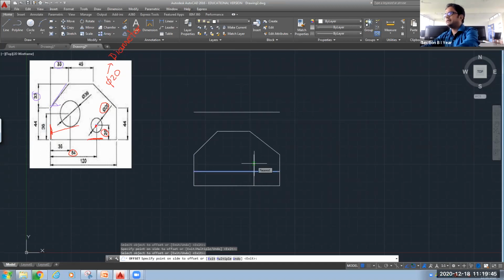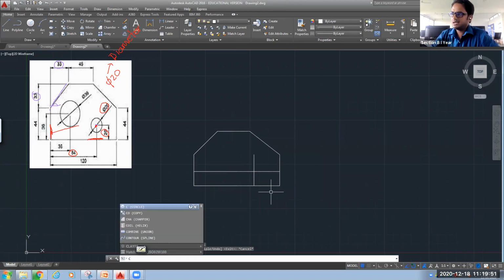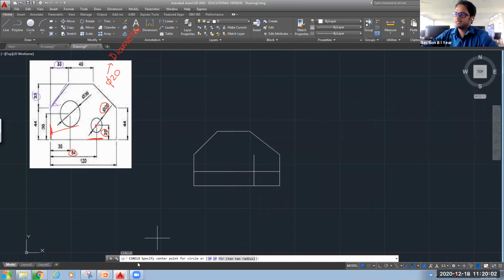These are two different entities. So now I will go for the circle command, CIRCLE, or the simple short form is C. Like for line I was using L, for circle you can use C. Press enter. Now you can see here, specify the center point of the circle. And inside the bracket you can see three different options are there. So it means there are three different methods through which we can make a circle, like 3-point circle, 2-point circle, tangent, tangent radius.